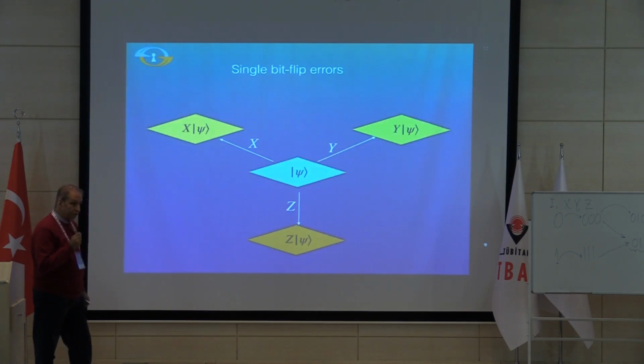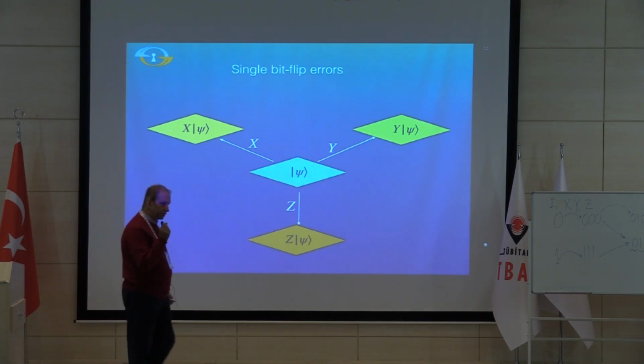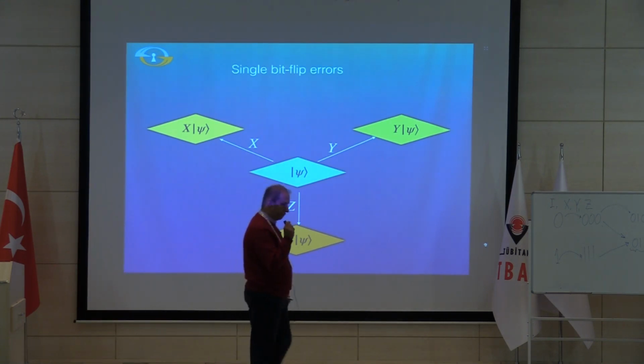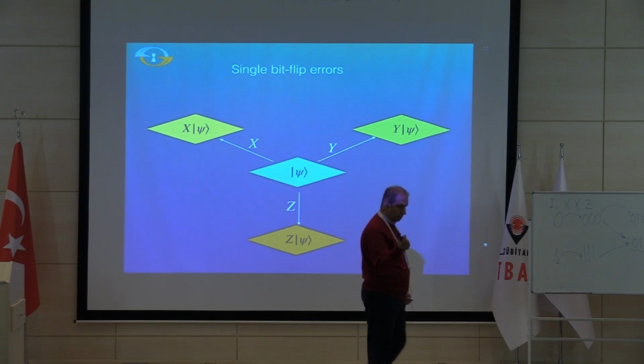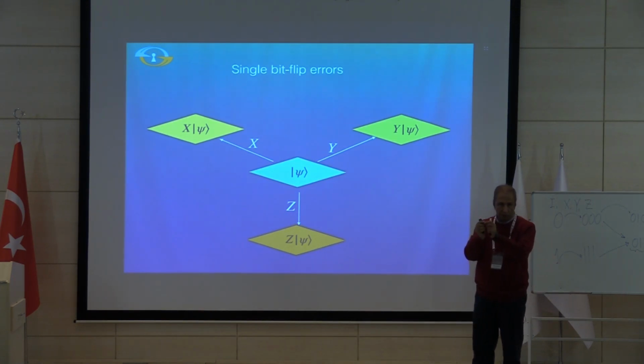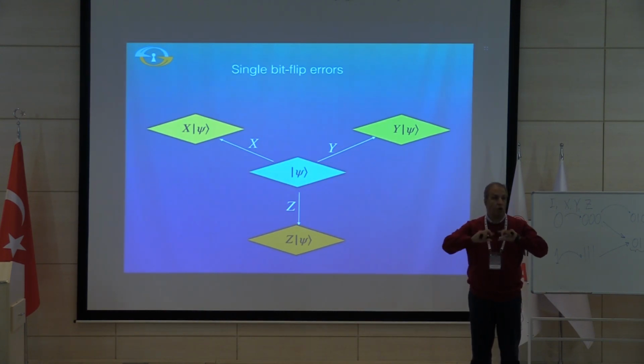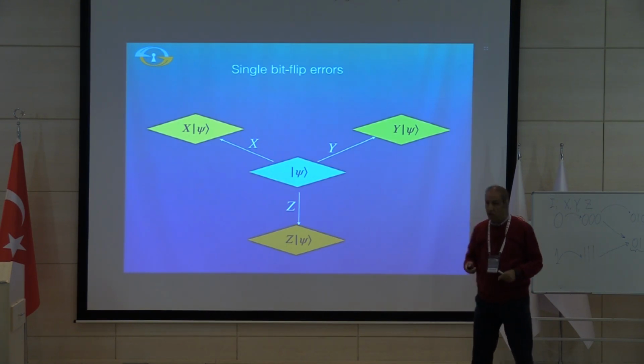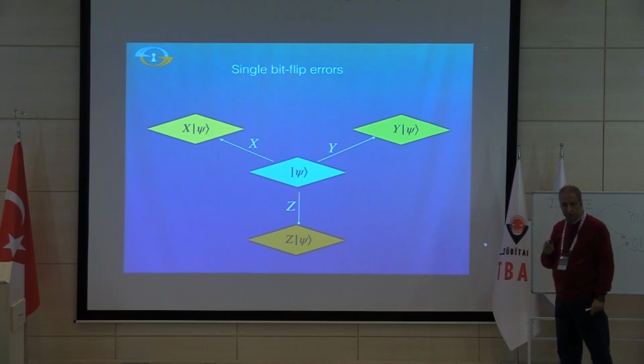So what should we do? We should encode in the same way that we did in the classical domain. We encoded 0 to 000, and 1 to 111. We should encode our qubit into a number of qubits, perhaps 3, perhaps 4, I don't know, so that when an error happens,